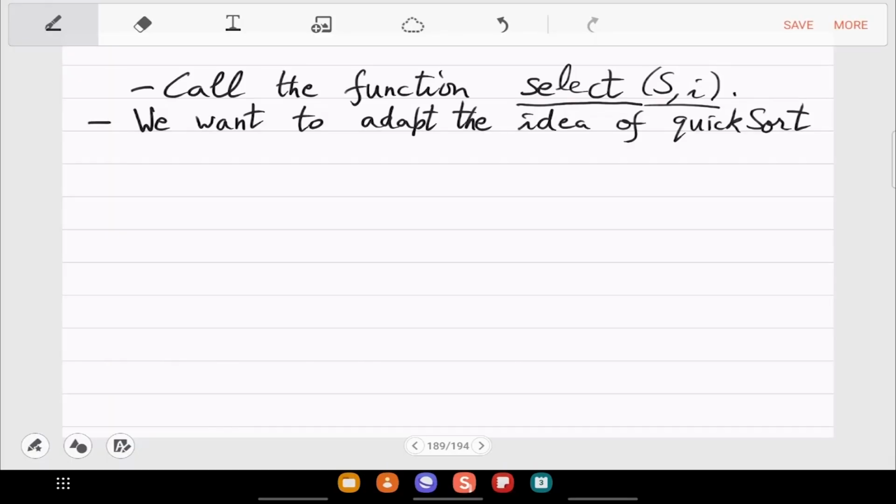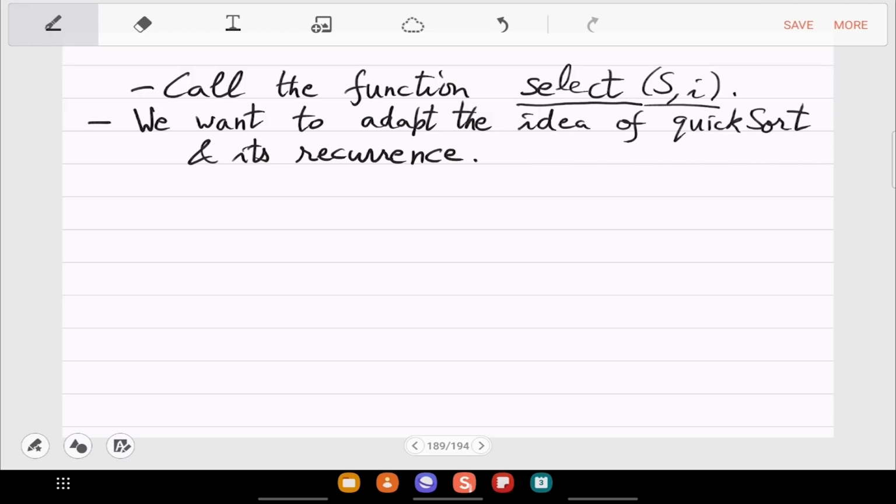So we'll take this pivoting idea and the idea of its recurrence, and we'll adapt it to design select(S, i).